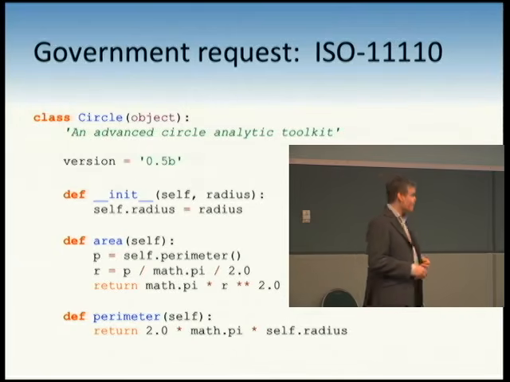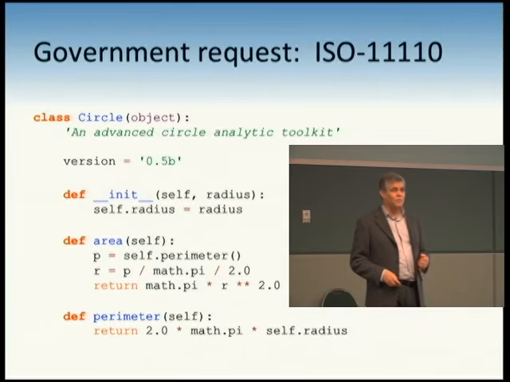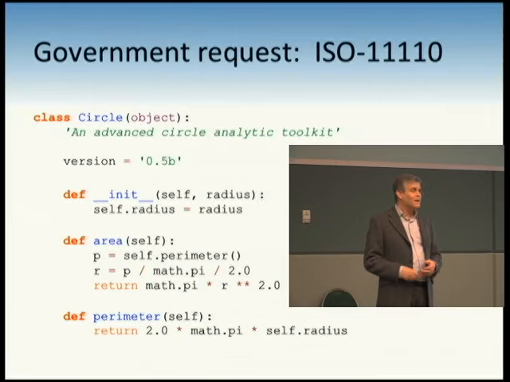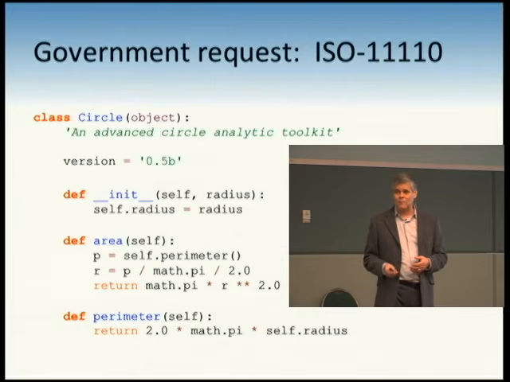Tire company, they subclassed perimeter. We are not calling our perimeter. We are calling its perimeter. Its perimeter scales it up, so we've now broken their area method. They should be free to override any method they want without breaking one of the other methods. And now we just broke their code. I know what you're thinking. There must be a better way.